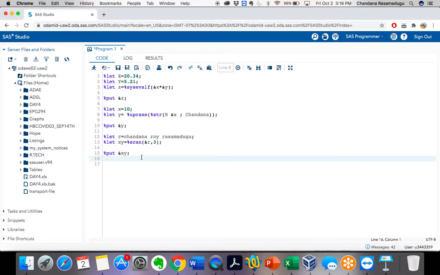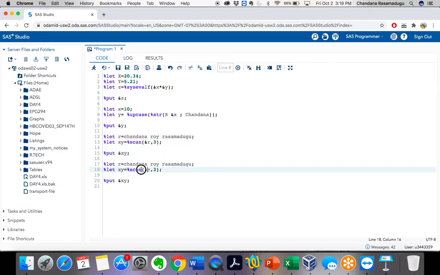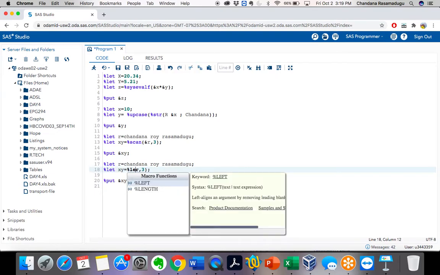Okay, the next one is the %length function. By giving the length function we will be able to know the length of the word. For example, here, instead of scan, let's copy this. Now instead of scan I want to give length.